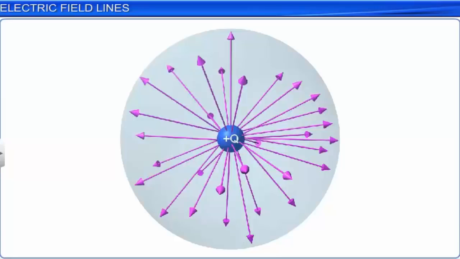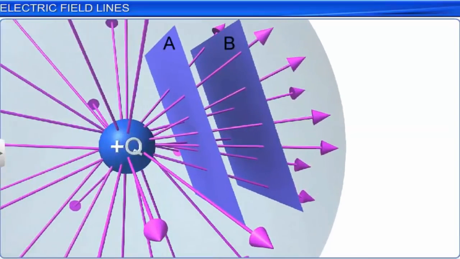One of the most important characteristics of electric field lines is that they help us estimate the electric field strength. The relative density or closeness of the field lines at different points gives an indication of the relative strength of the electric field at those points. The field strength is stronger at places having more crowded field lines than at places where they are less crowded. To illustrate this, let us now consider two regions, A and B, of same area placed normal to the field lines in the electric field.